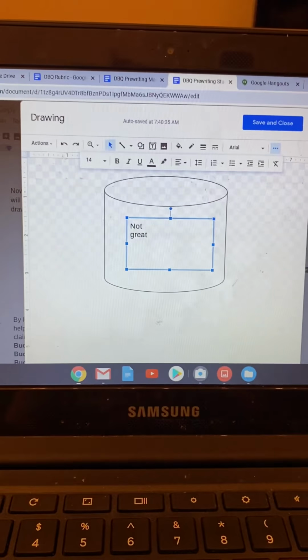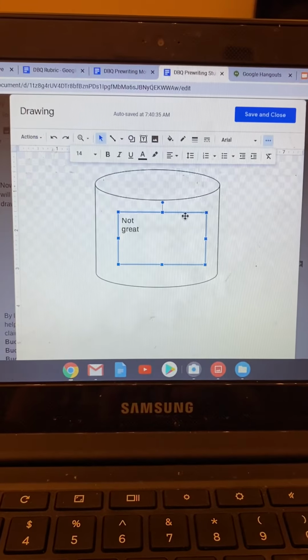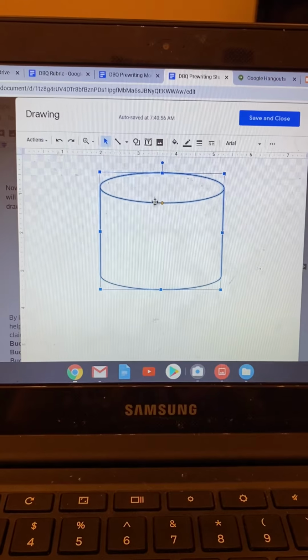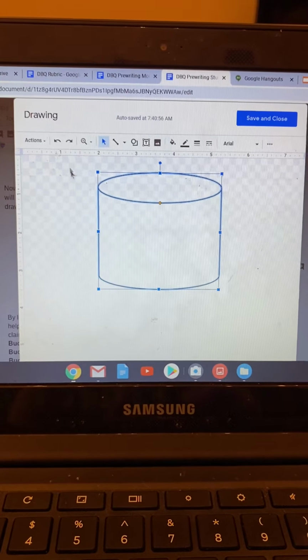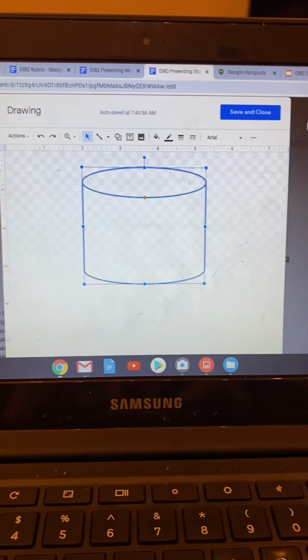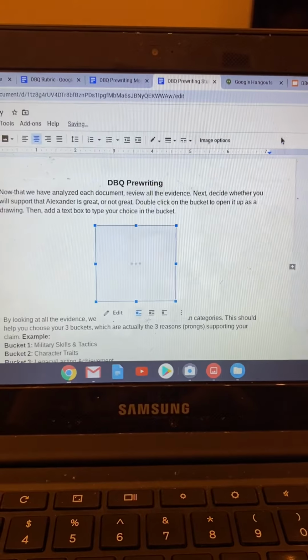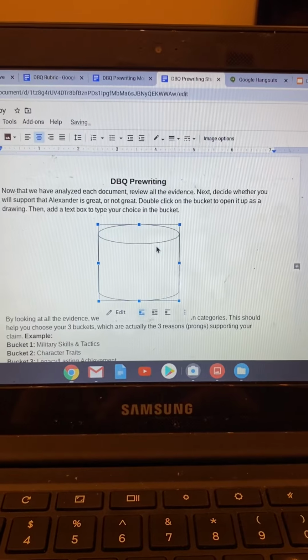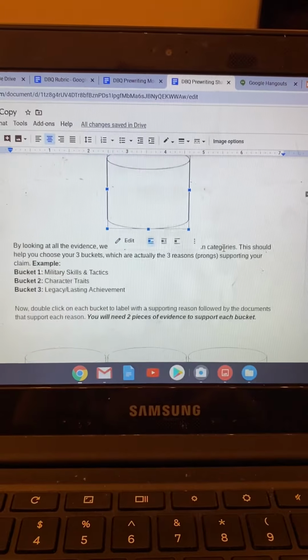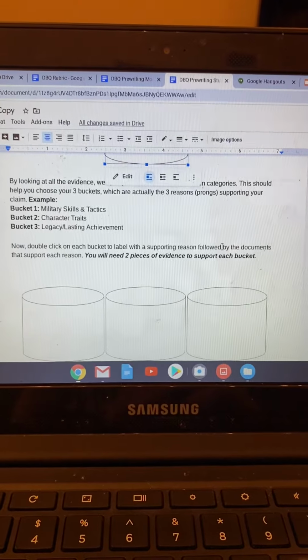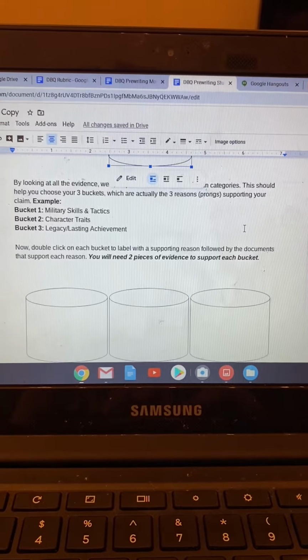Okay, now this is actually your copy, so I'm just going to get rid of this. So I just deleted that by clicking on it and pressing the backspace, but you can also go back with our back arrow. When you're finished, you're going to click Save and Close. It will actually appear the way that you saved it here. Okay? All right, let's keep reading.